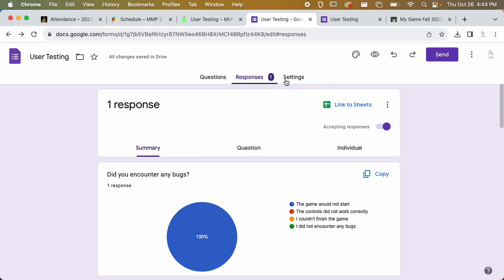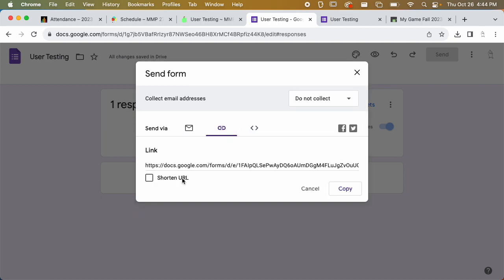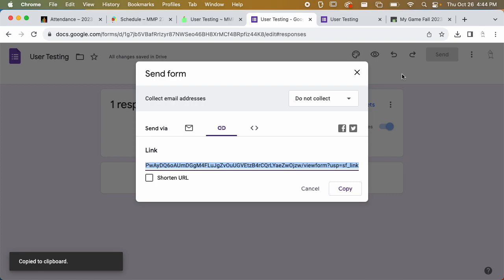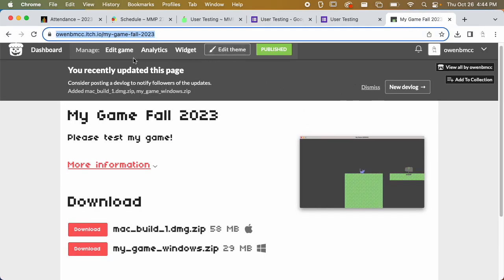Once we're done with the form and we're happy with what it looks like, we want to attach it to the itch page so that when we send it to people, they can have a link to that form right there. So if I click the send button here and I go to the link section, there's going to be a URL right here. I can just copy this, and then I'll go back to my itch page, and I'll go to edit,